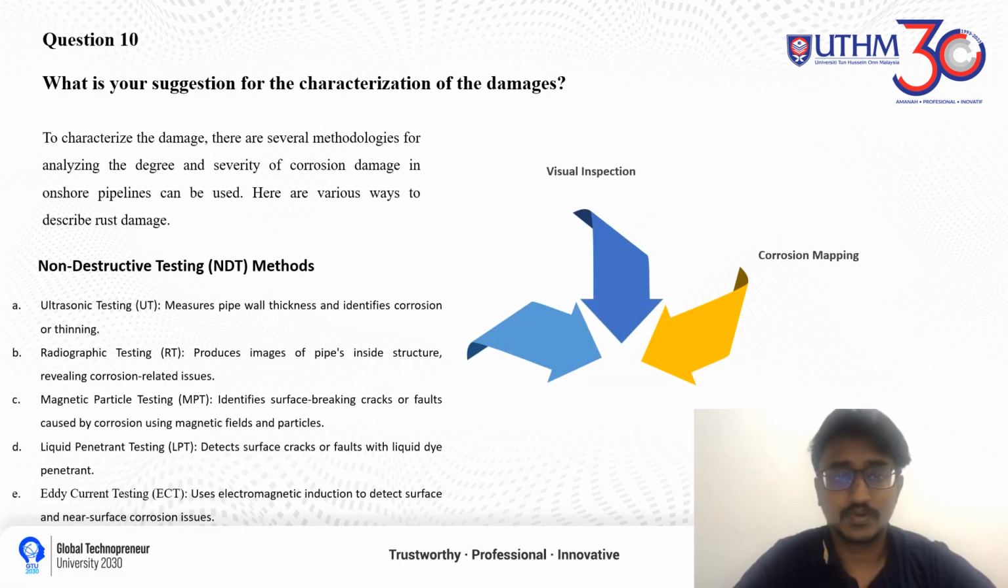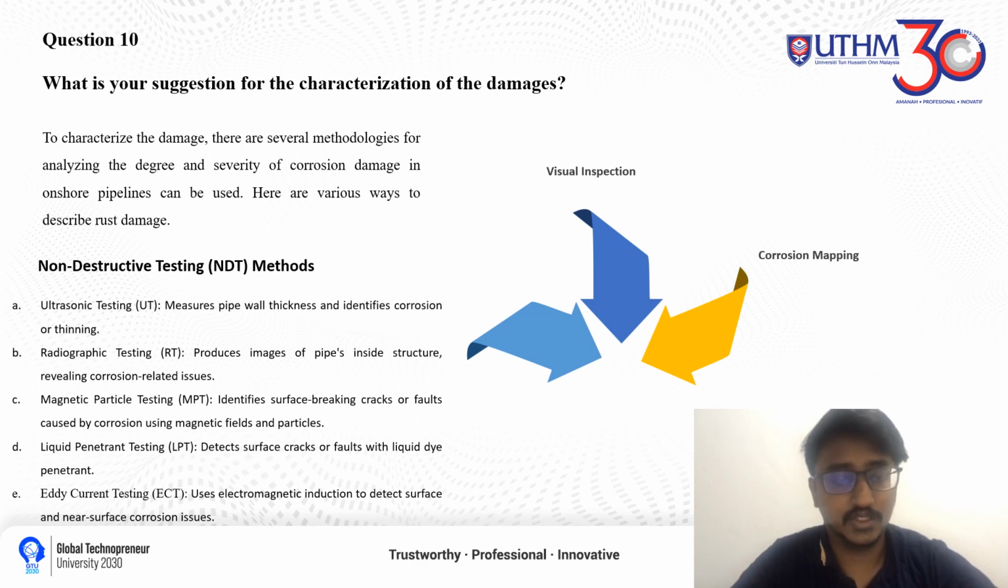Next up, we are going to talk about your suggestion for the characterization of the damage. To categorize the damage, there are several methodologies for analyzing the degree of severity of corrosion damage in onshore pipelines that can be used. Here are various ways to describe the rust damage. We have three main points here: corrosion mapping, visual inspection, and non-destructive testing,